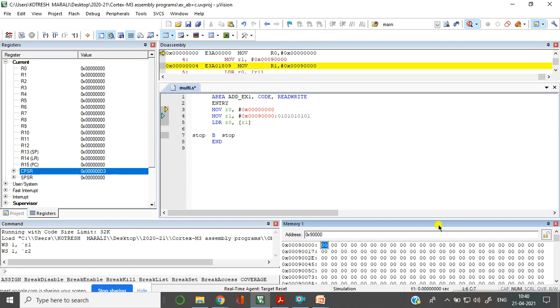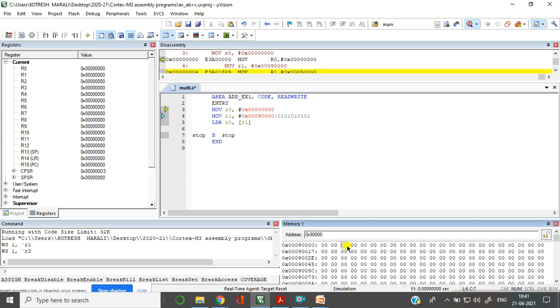So if I want to store 01 at the 9000 location, 01 at the 9001 location, this is the address 9000, this is 9001, this is 9002 and this is 9003.